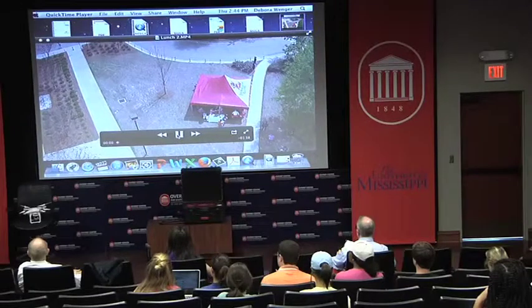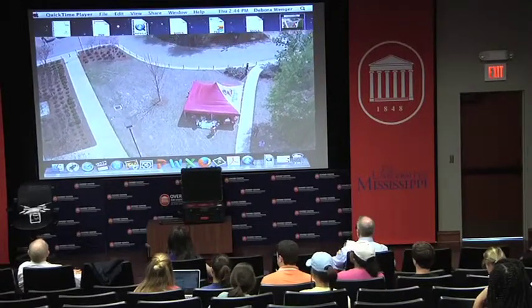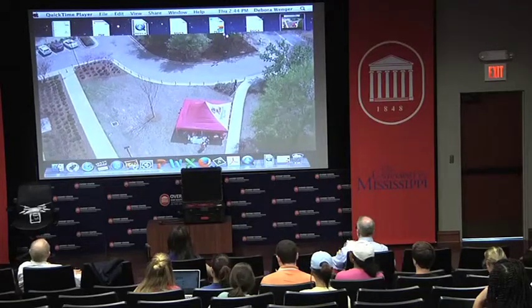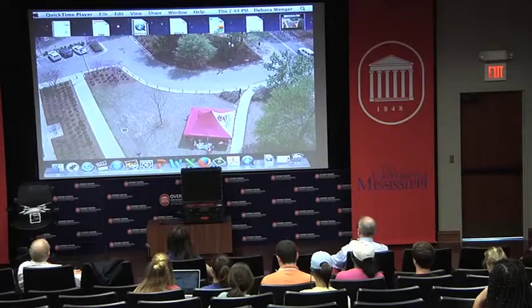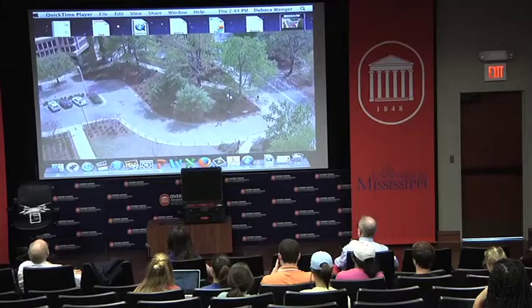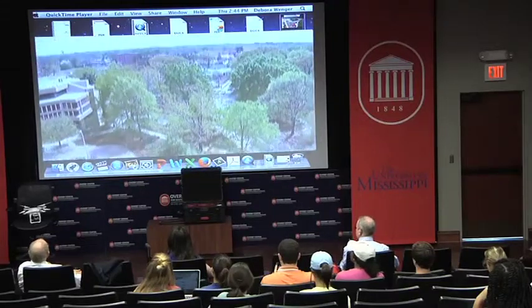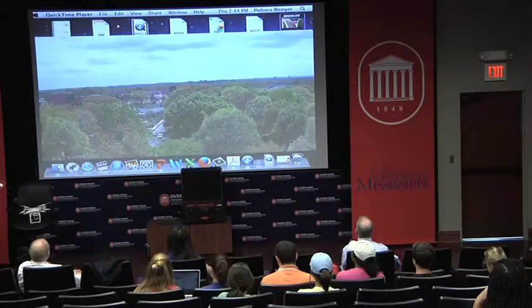So if you just hold it down to the left, you'll just spin in circles to the left, okay? Or to the right, etc. This was us out at lunch. And I took it up, and then you can adjust the angle of the camera without changing the altitude with this knob right here. And so I took the angle up to where you could then...